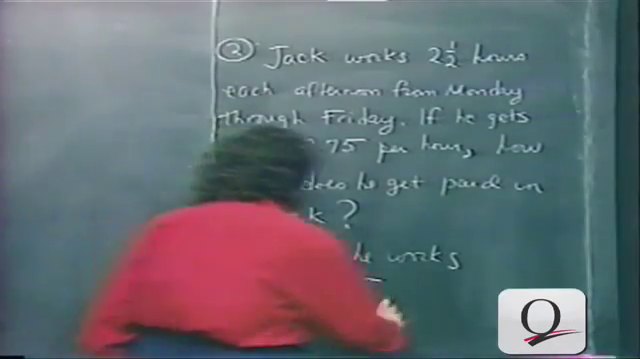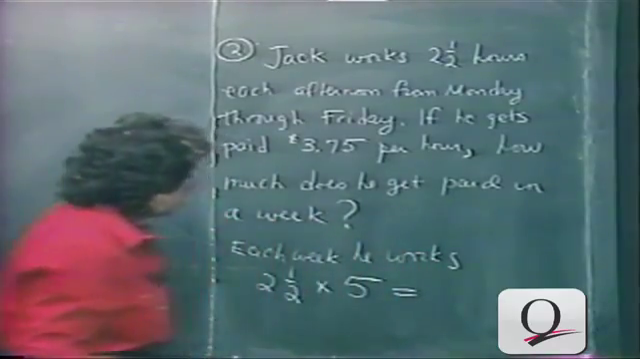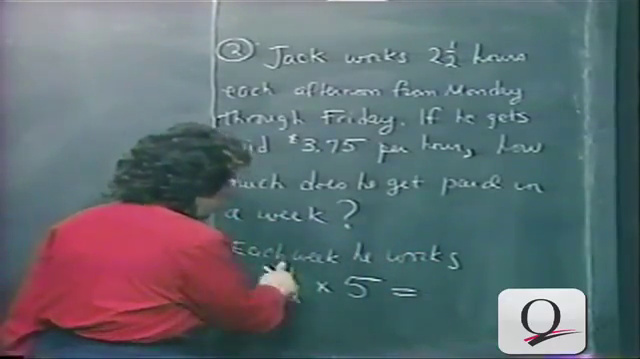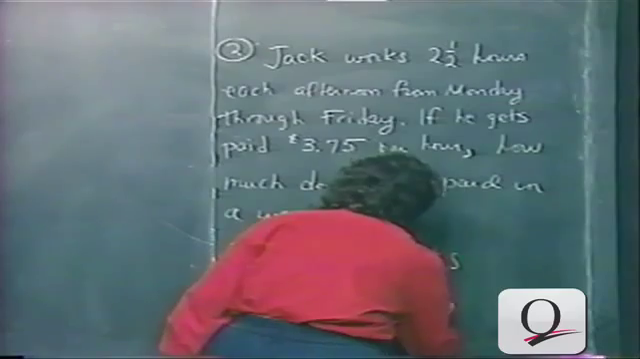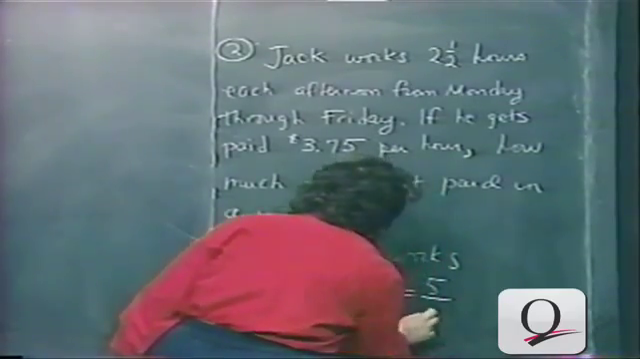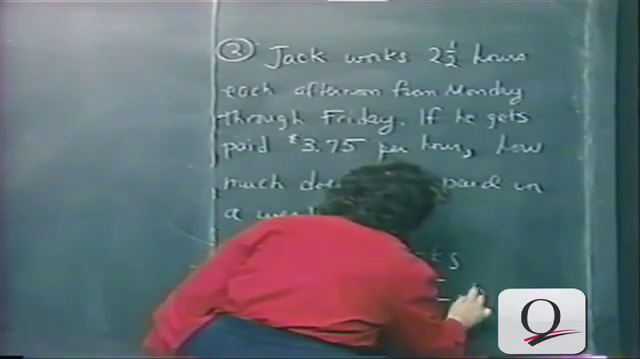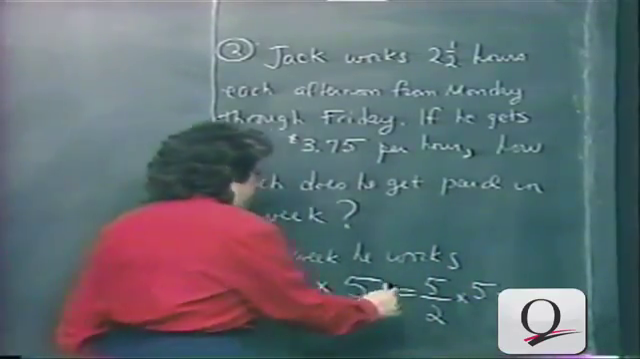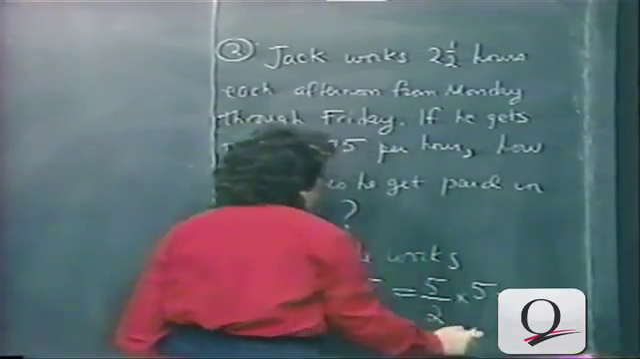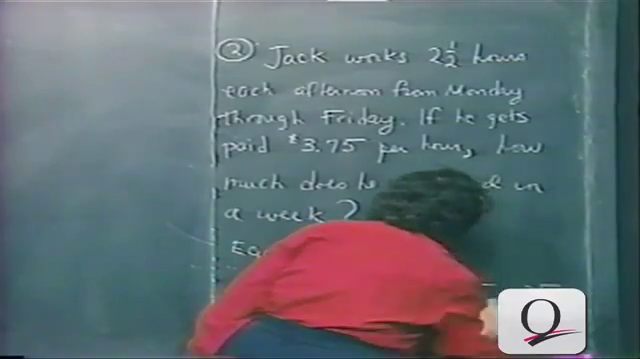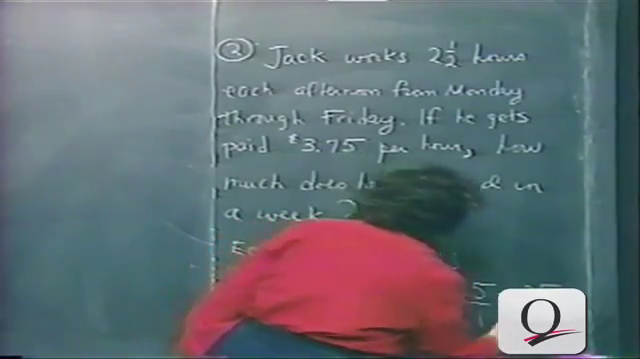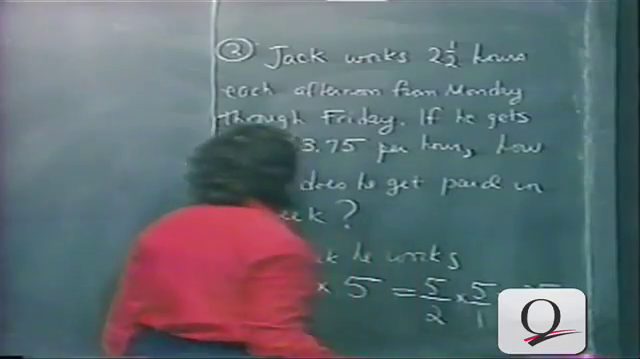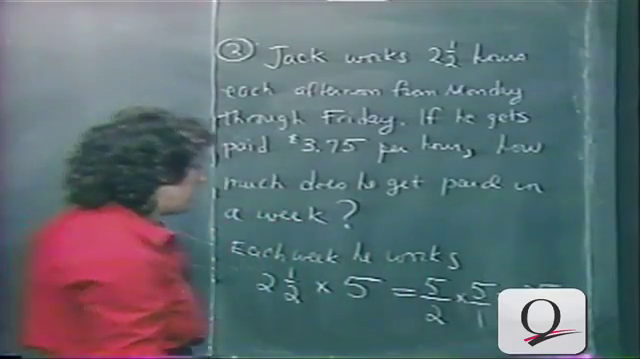So each week he works, now, 2.5 is 2 times 2, 4 plus 1, 5 halves times 5, or 5 halves times 5 over 1, or 25 halves hours per week, or instead